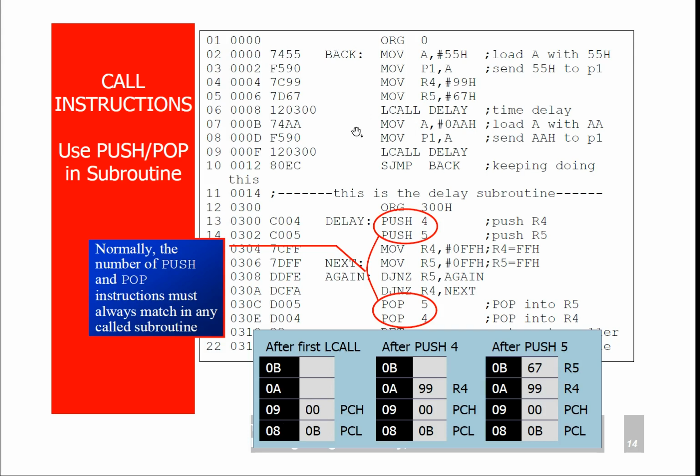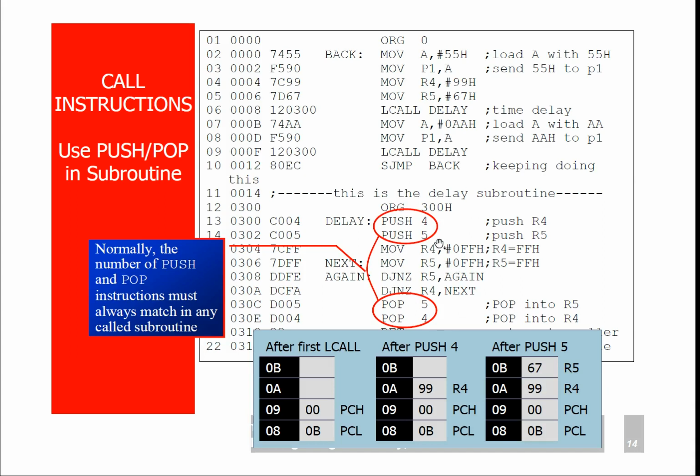Once it stores the return address onto the stack, the PC will be loaded with the new value where the subroutine is located, in this case 300. The 300 will be loaded to the program counter and it executes the subroutine.